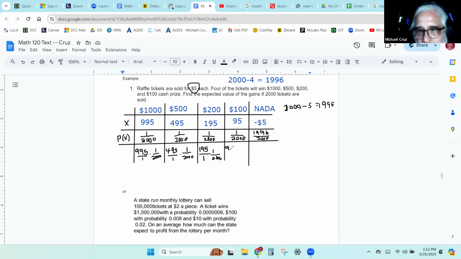And then this is 95 over 1. And then negative 5. So as I said, if you can skip this step and do it accurately, there's nothing wrong with that. But I just wanted to show it because